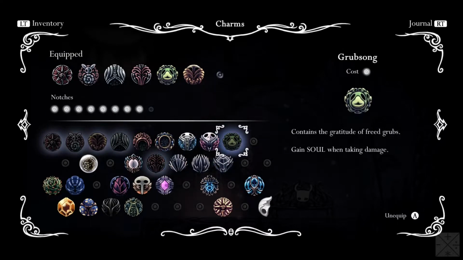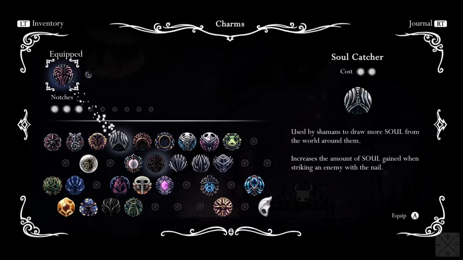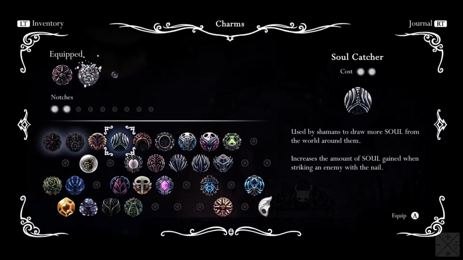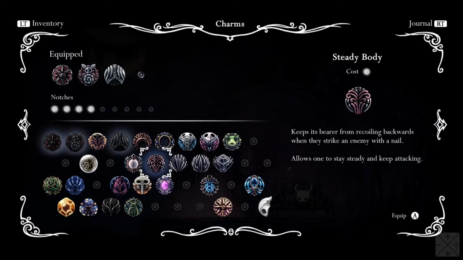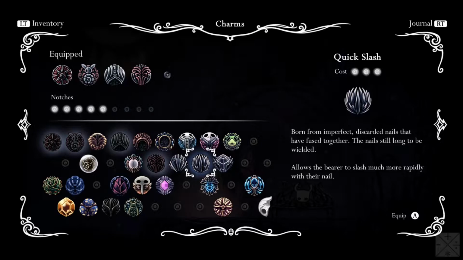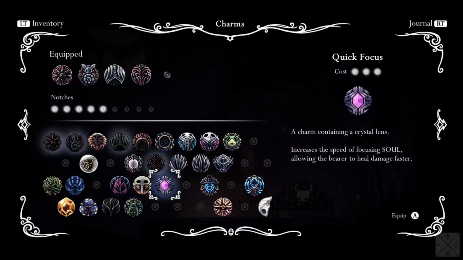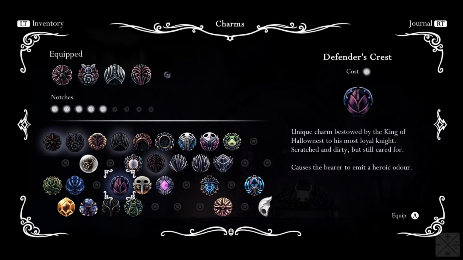Okay, let's get rid of Grub Song and see if I can find a better charm than that to use. And that too. In fact, let's just start over. Okay, definitely want those two. And that. And that. Okay. So now...